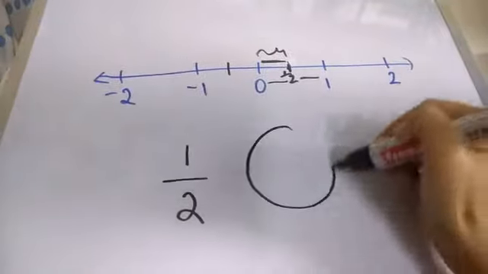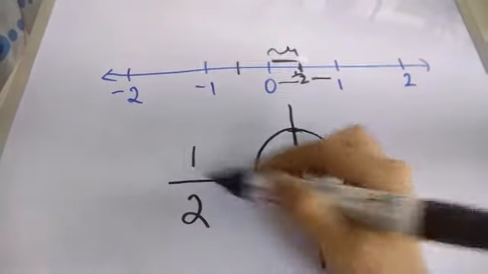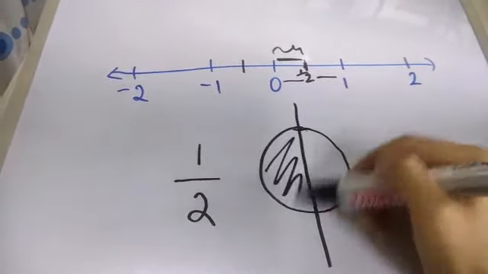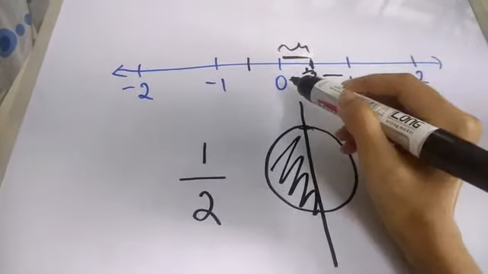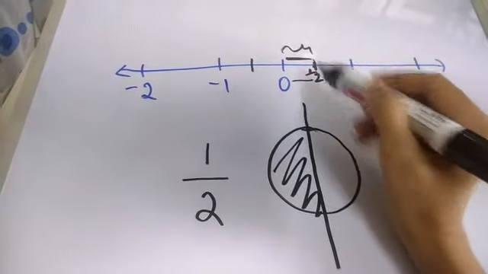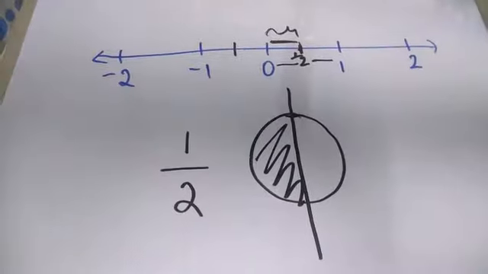You can think of this like a piece of cake, right? You're taking the piece of cake and cutting it into 2 pieces, because 2 is the denominator, and then you're taking one of the pieces. That's what we're doing here. We're cutting this line into 2 pieces and then taking one out of those 2 pieces and saying this is 1 out of 2, or 1 by 2.